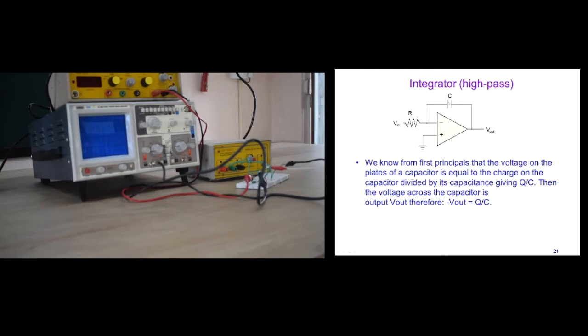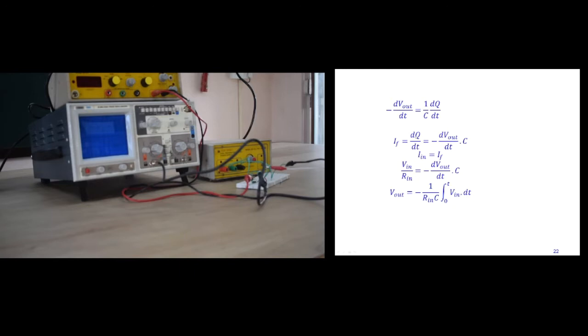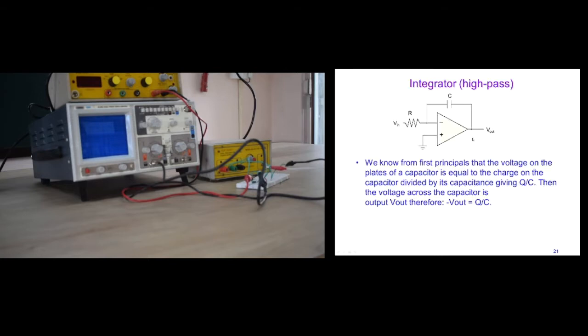The feedback current IF is equal to dQ by dt, that is the change in the capacitor charge per unit time, which is equal to minus dVout by dt, that is the differential of the output with respect to time, into the capacitor C. And since we are continuously observing that the input current is the same as the feedback current in the amplifier, therefore the input current of the resistance R is the same as the current across the capacitor C,